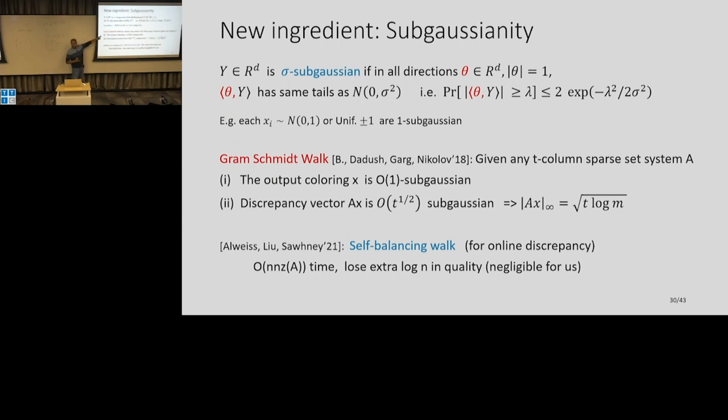And the second property is, even if you look at this output vector Ax, this also looks random. And in our analysis, maybe it was too quick, both of these are crucial. And when you add these prefix intervals, you can add in an L2 way instead of an L1 way if you have this property.